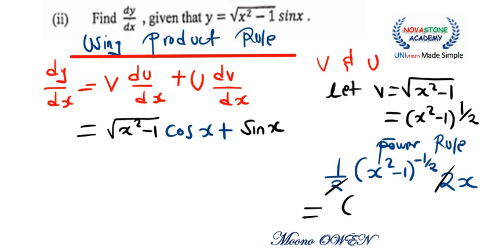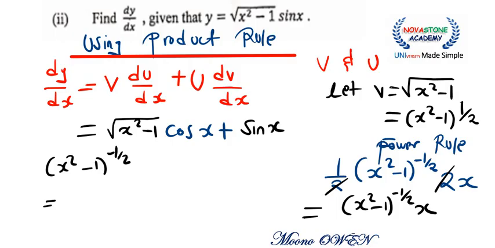So I have a scenario where I have x squared minus 1, to the power negative half, then I've got an x, I'm multiplying by an x. Now you know what this means. We know that x squared minus 1 to the power negative half means I'm going to have 1 over x squared minus 1 to the power half, okay? Therefore, now there's an x here, this x is going to multiply with the 1 that is on top, okay? So if it multiplies the 1 on the top,